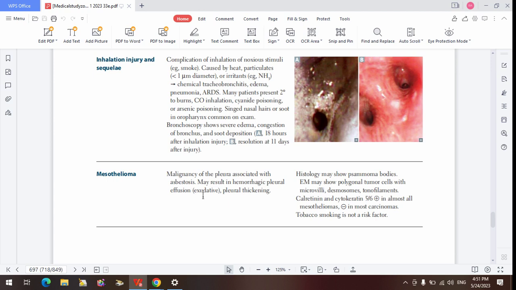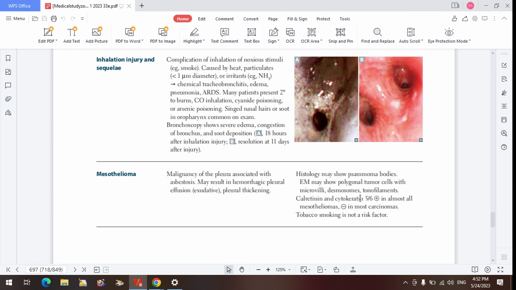If we do electron microscopy, you are going to see polygonal cells. Now, what I want us to pick here is that in addition to seeing the microvilli, we're also going to see components of the intermediate filament. So your desmosomes, as well as tonofilament. Tonofilament winds around desmosomes. Sorry, they are not intermediate filament. They are just connecting structures, addition bodies. So your desmosomes is one of those addition structures that you have, and tonofilament surround the desmosome. What they help to do is attach intermediate filament to one another.